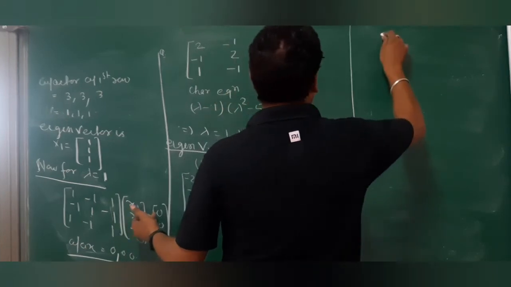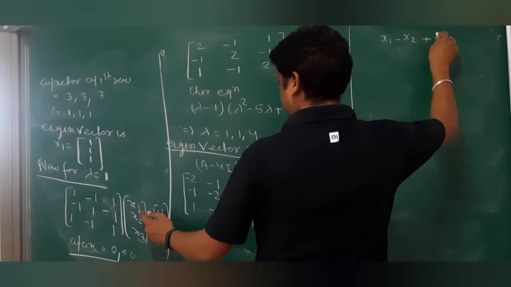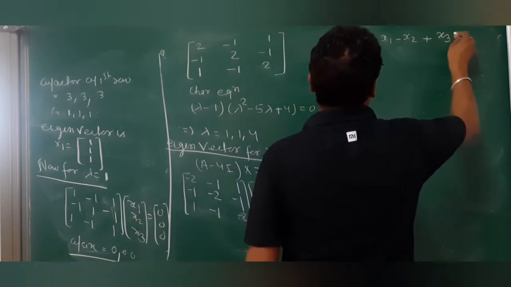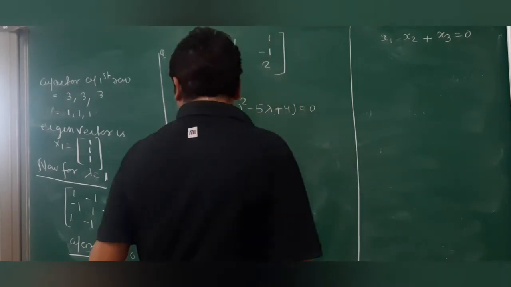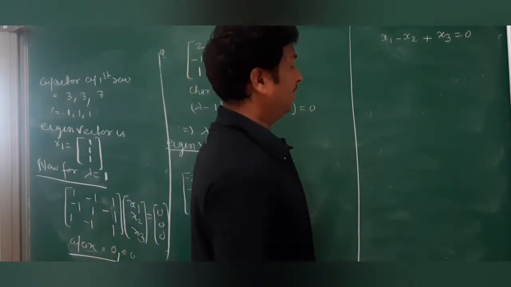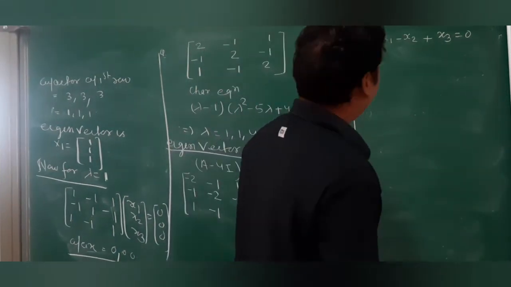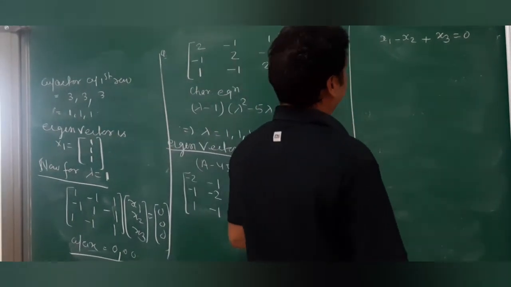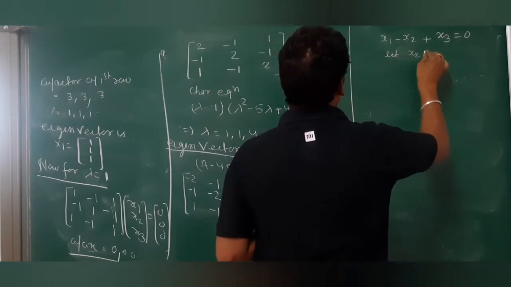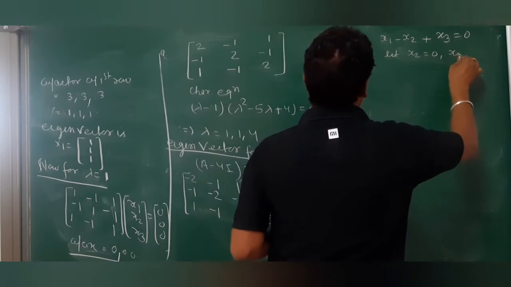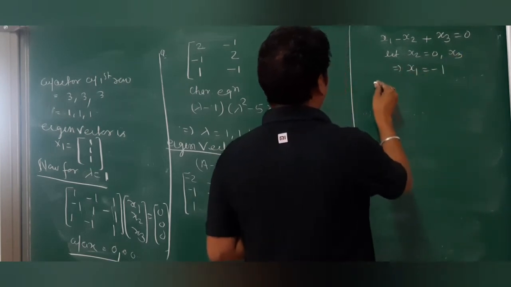What is the equation? x1 minus x2 plus x3 is equal to 0. We have a single equation. Whether you go for first, second, or third, we get only this one. So if we choose, by the choosing method, take x2 as 0 and x3 as 1. So the corresponding x1 value is what? Minus 1. So the eigenvector is